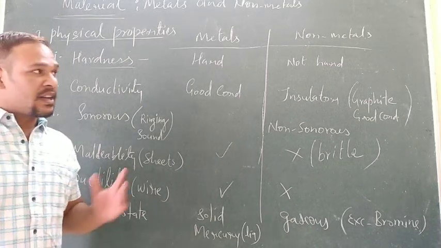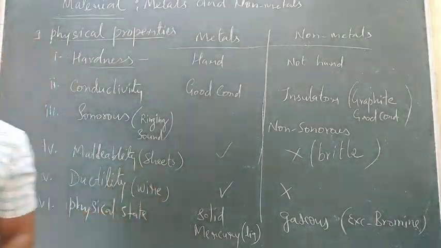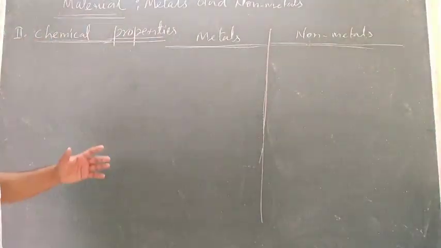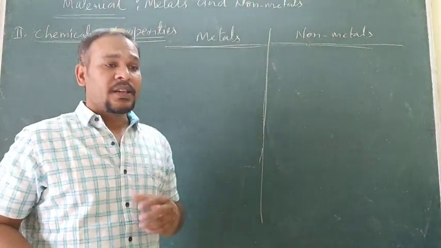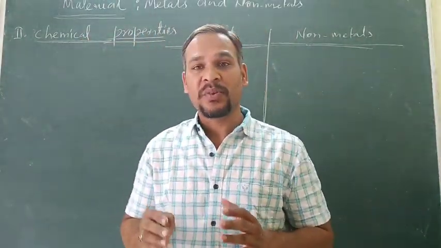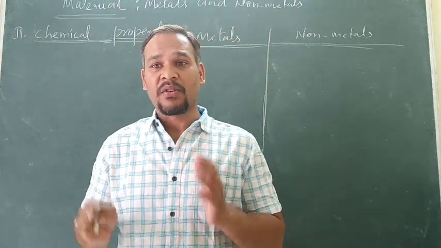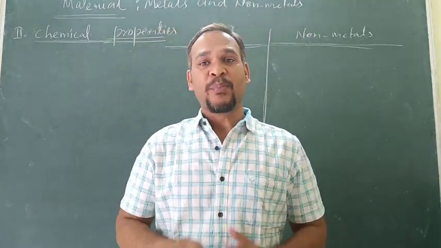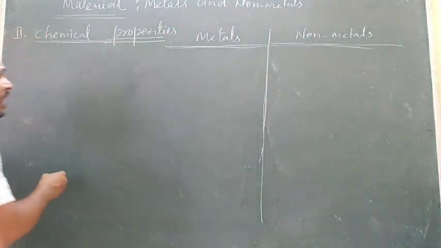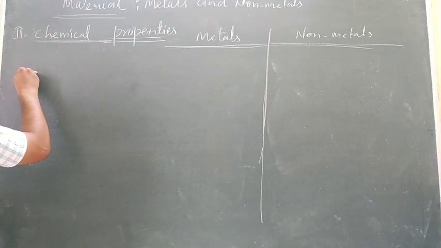Is it clear? Now we are moving to the next property, which is also called chemical properties. In the chemical properties, we will look into how metals and non-metals react with water, oxygen, acid, and base. Is it clear? So first, we will look into how metals